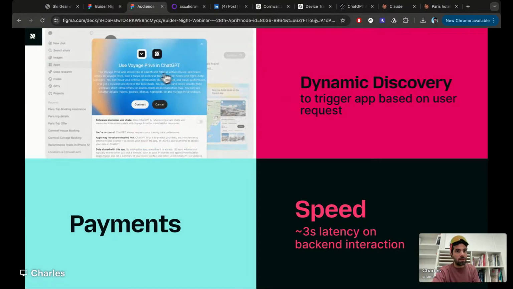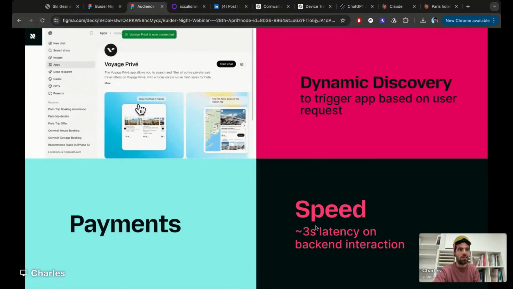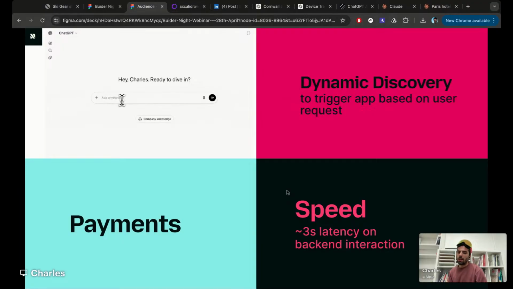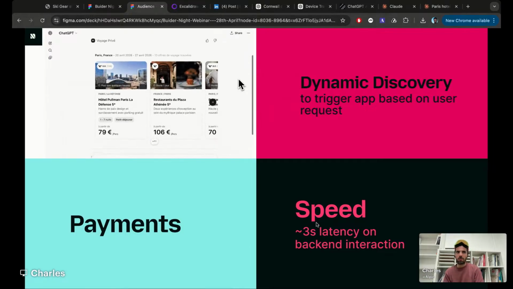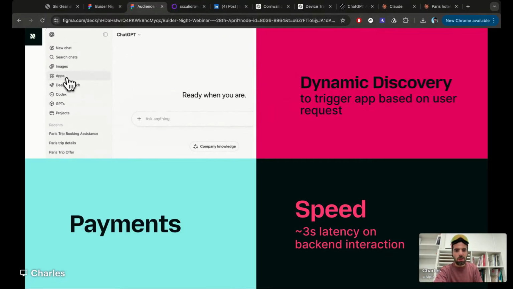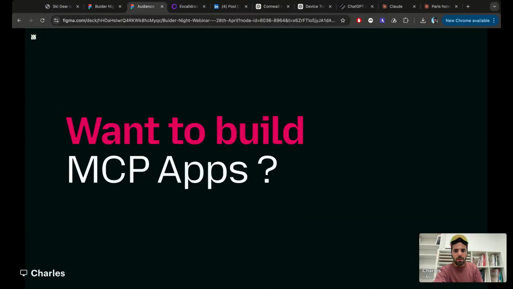I feel like this slide is outdated. It's more like 2 seconds latency nowadays, but it's still a little bit slow. But compared to 3 months ago, I think we went from 5-6 seconds on average to probably 2 nowadays. So this is getting a lot better. That being said, if you want to build apps, now is the time for me to give the mic to